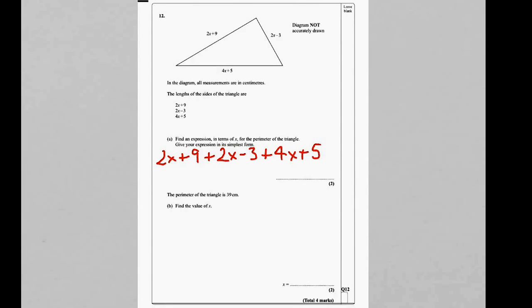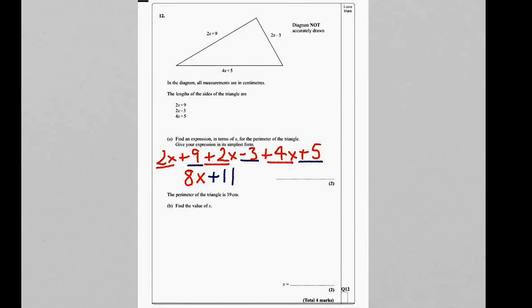That's the perimeter of the shape, but it does say give your expression in its simplest form. So 2x plus 2x plus 4x makes 8x, and then I'll do this in a different colour. 9 minus 3 plus 5, well, 9 minus 3 is 6, plus 5 makes 11,